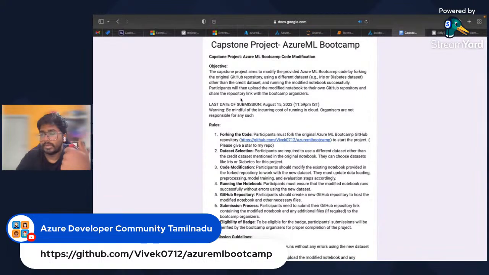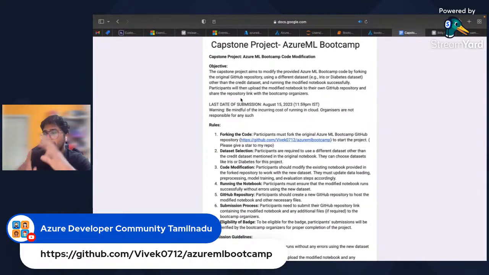Then what you have to do is genuinely go and execute this notebook in your Azure Machine Learning workspace and compute. Please take care of your own expenses; it should be under the free cost. Then, instead of using the credit data set, use a different data set and apply a couple more machine learning techniques. For example, data preparation was not done today. I would expect you to do a little bit of data preparation. Just go and edit the relevant code where you could, replace the data set, add more machine learning techniques, and deploy it.